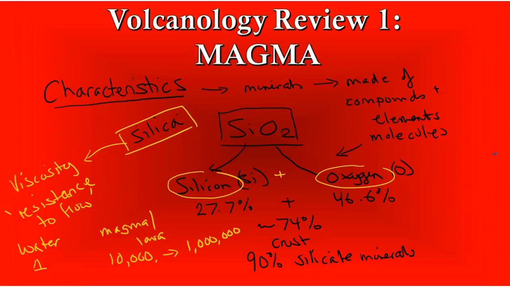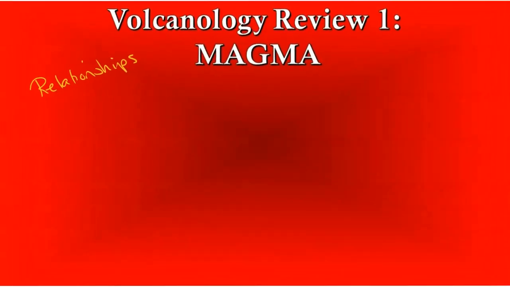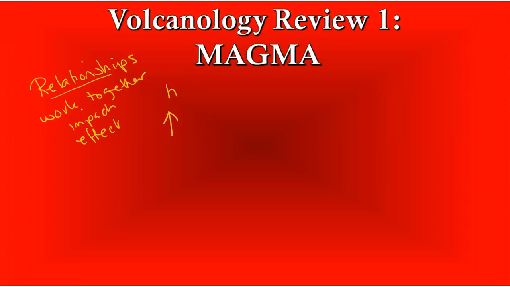So in terms of characteristics of the magma or lava, there's a range of viscosities from low, medium, and high. High viscosity means it's very thick and slow moving. Low means it's runny and faster moving. So in terms of relationships, it's how they work together, how they impact each other, and the effect that they have on each other. For example, I'm going to put an arrow up, that means higher, and this means lower. So the higher the silica, or SiO2, equals higher viscosity, the thicker it is,